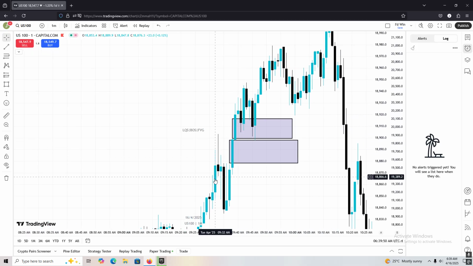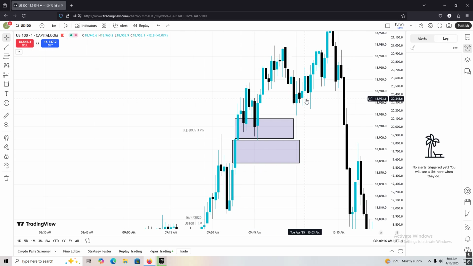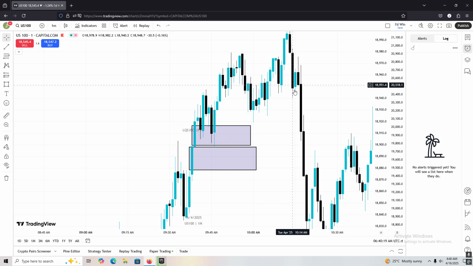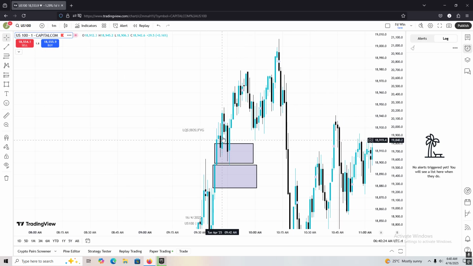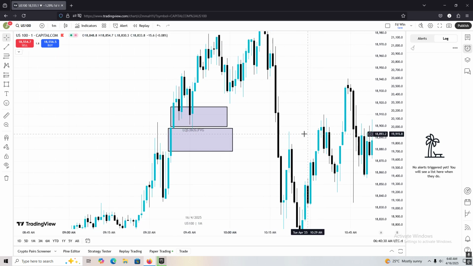So it went in the fair value gap, it was an uptrend. Then it goes inside the fair value gap over here. From this top wick to this bottom wick, went inside of it and went up. Most of the time, when you see it close inside the fair value gap, I don't consider it valid, because watch this one compared to this one. This one closes inside of it, right? But it hardly moves a big amount. Let's just say if you take a trade off of this fair value gap,